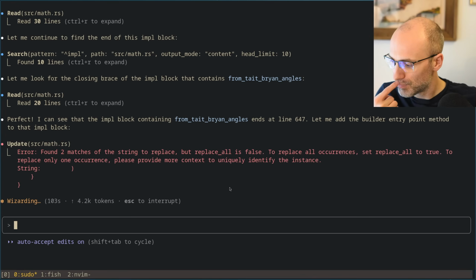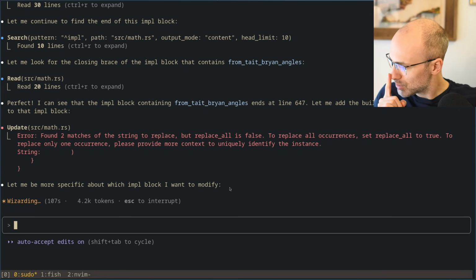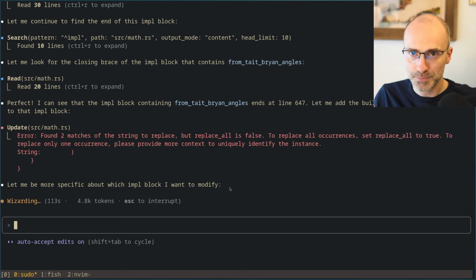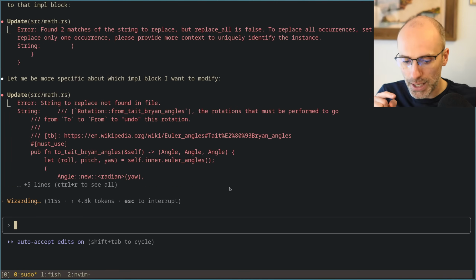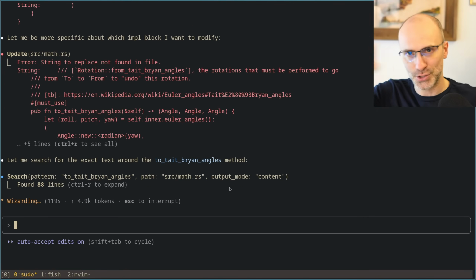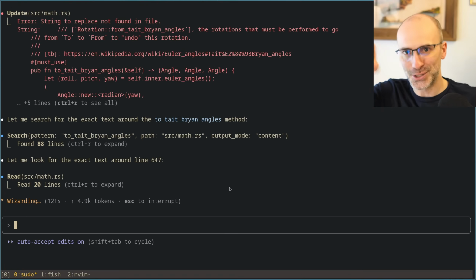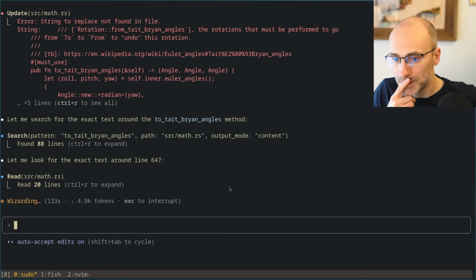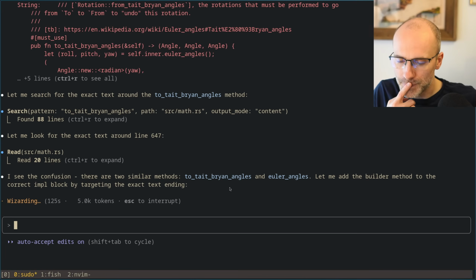But that is a good question, though. We could maybe ask it to avoid introducing the extra type by using an fn, having the type be a phantom data fn to rotation, for example. Could very well be.